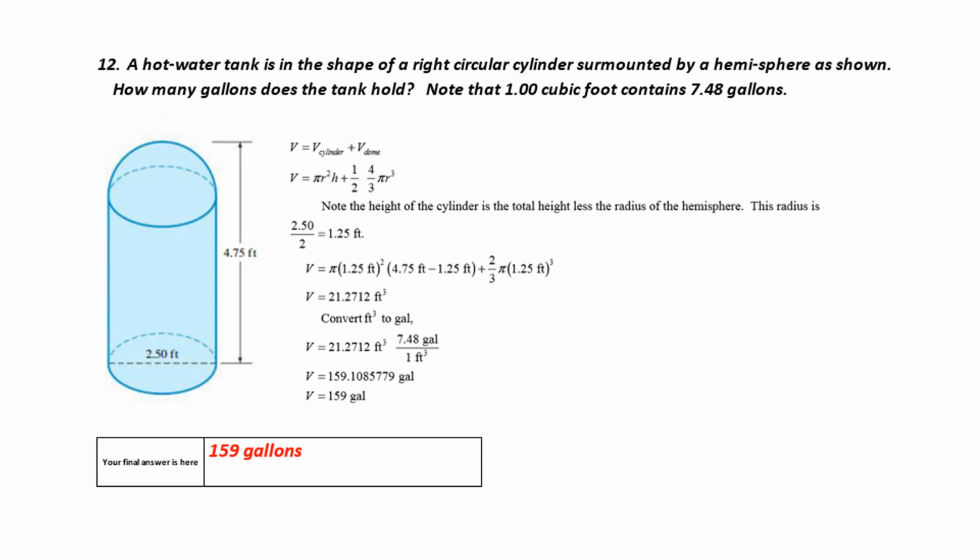The last problem, number 12, was a volume problem. The answer deals with volume, but the volumes are to be converted into gallons. And so you have a hot water tank in the shape of a right circular cylinder that is here, and there's the hemisphere on top. How many gallons does the tank hold? So the volume is going to be the volume of the cylinder plus the volume of the dome. This is the volume of the cylinder from the formula that we have, and this is the volume of the dome. Note that we only take the top half of the